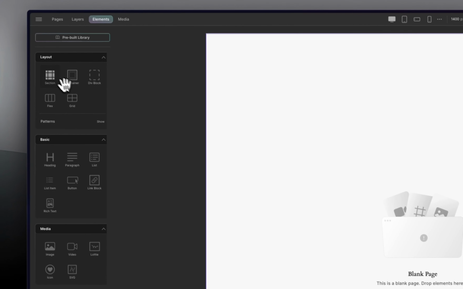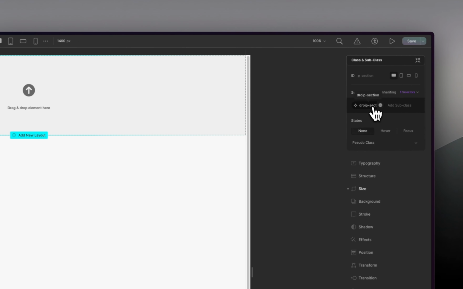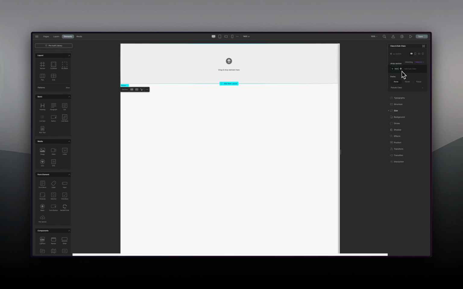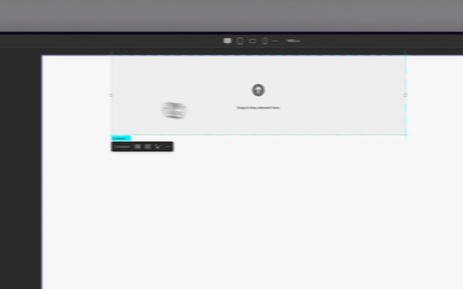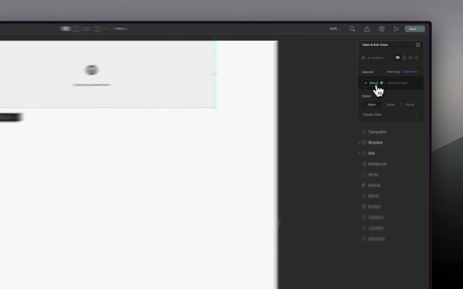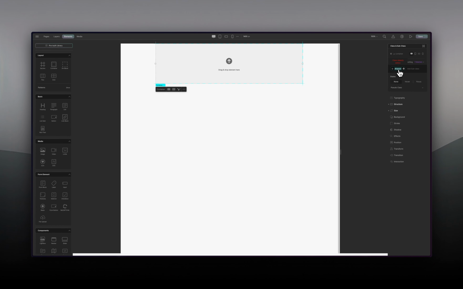So first thing first, let's click on add section, and I'm going to add a big section. So with this, we can give it a name and call it nav menu section. All right, so that is good. So that's our class, and in there we are going to add a container. The container comes with a size already, and then we can make this a menu wrapper.